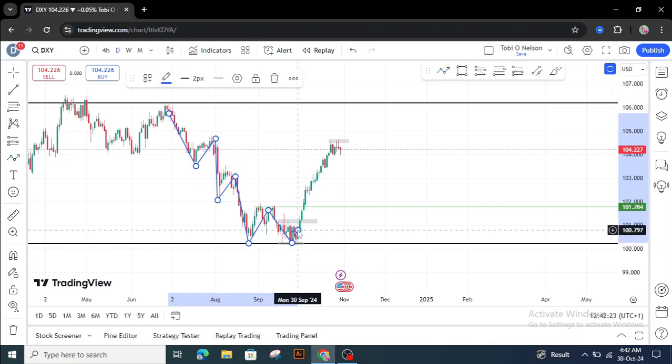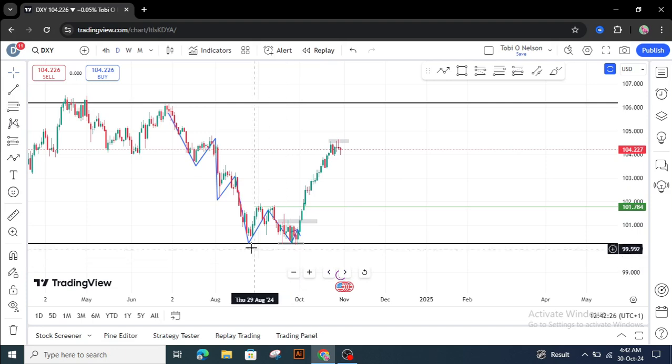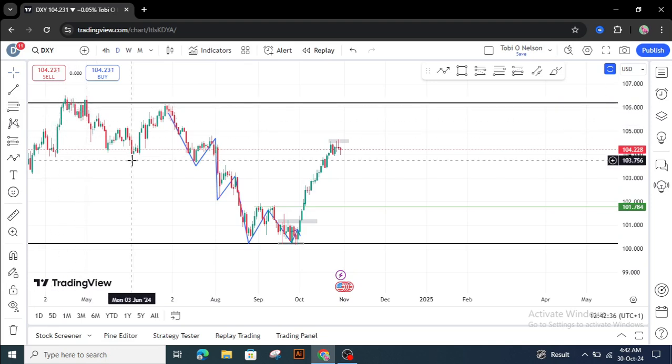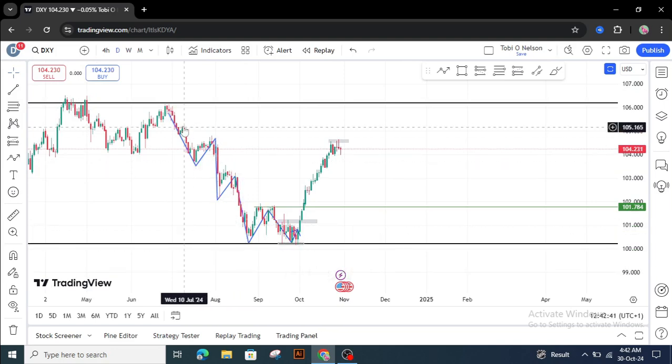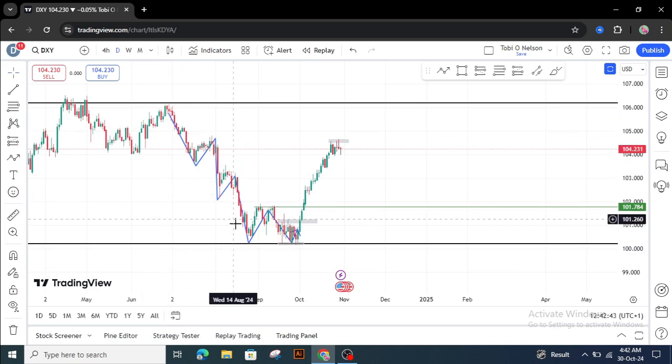Whenever the market is about to change direction, one of the things that happens is that the market will start struggling on a particular support zone or resistance zone. In this case, you can see the first time the price got there, it came back up, and the second time it retraced. What this means is that when this price was pushing down here, it's either the US government trying to put in some